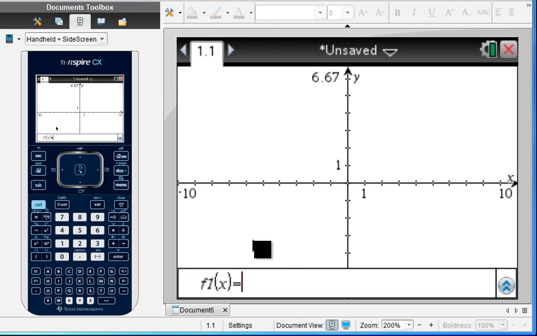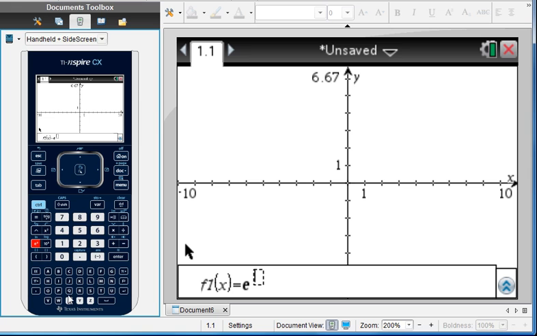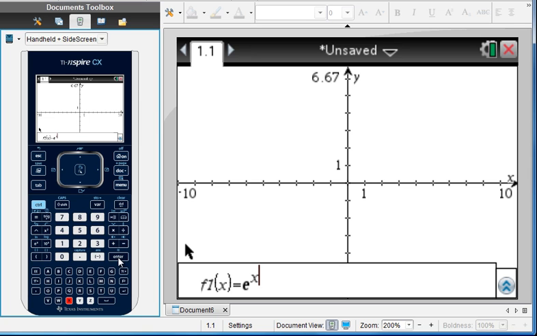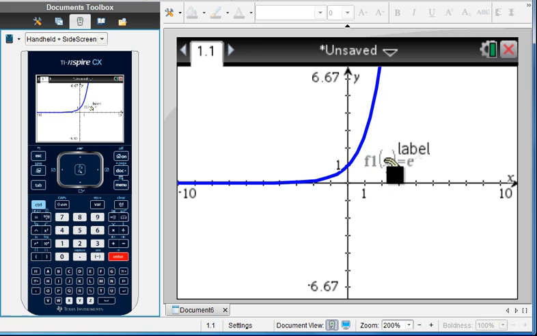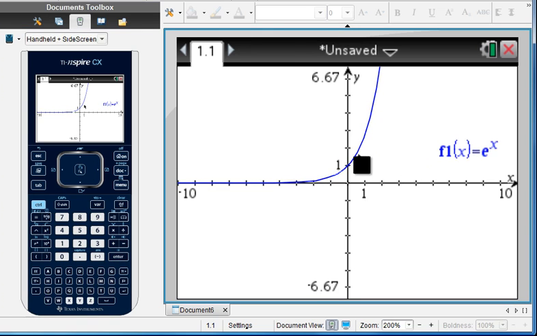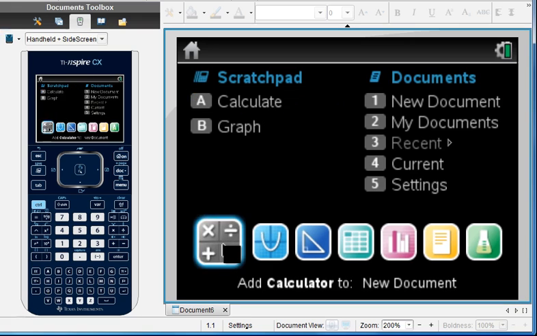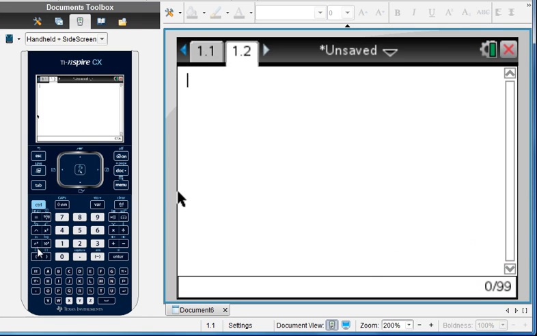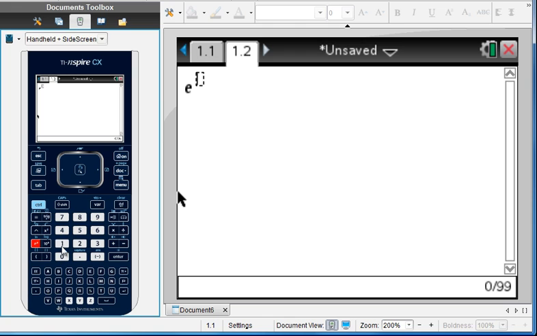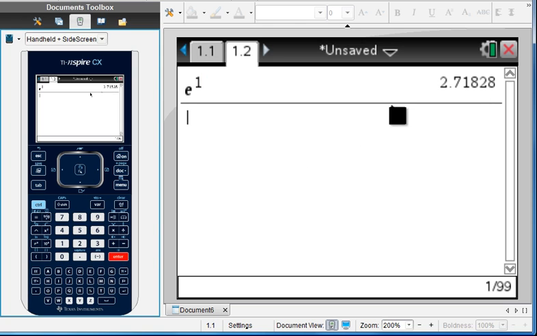Now let's have a look at this very special exponential function, e to the power x. We can find it here, e to the power x. Let's see how it looks. One way to find out, if you can't remember what e is exactly, is to open a calculator page and write e to the power 1, which is going to be e, and then it will answer